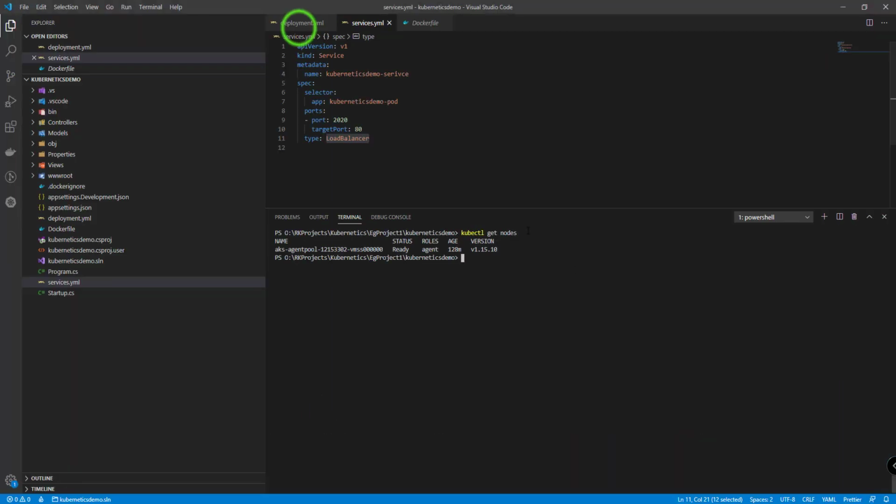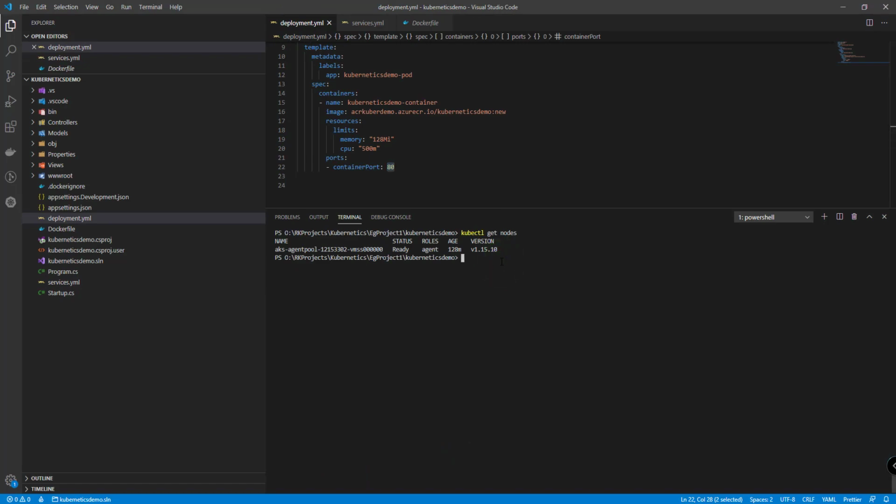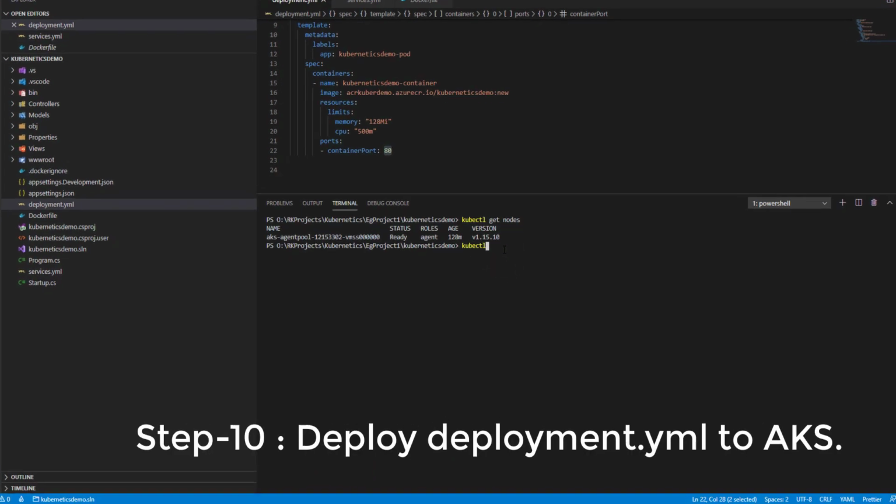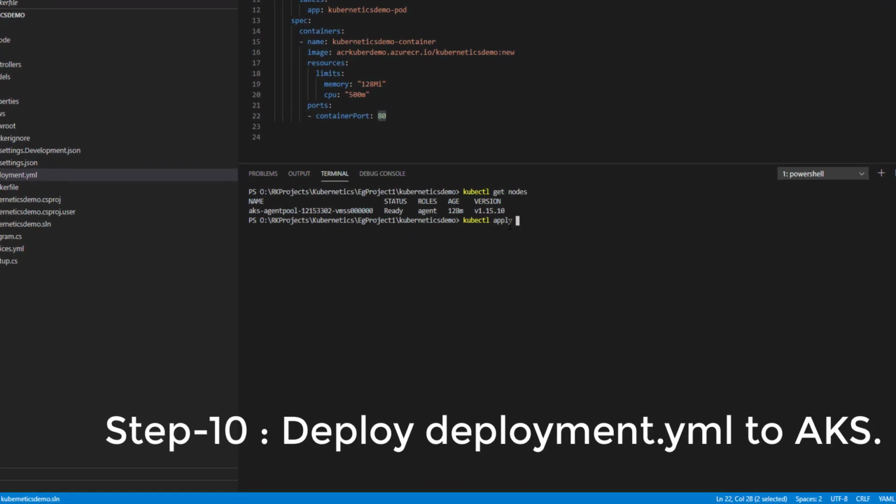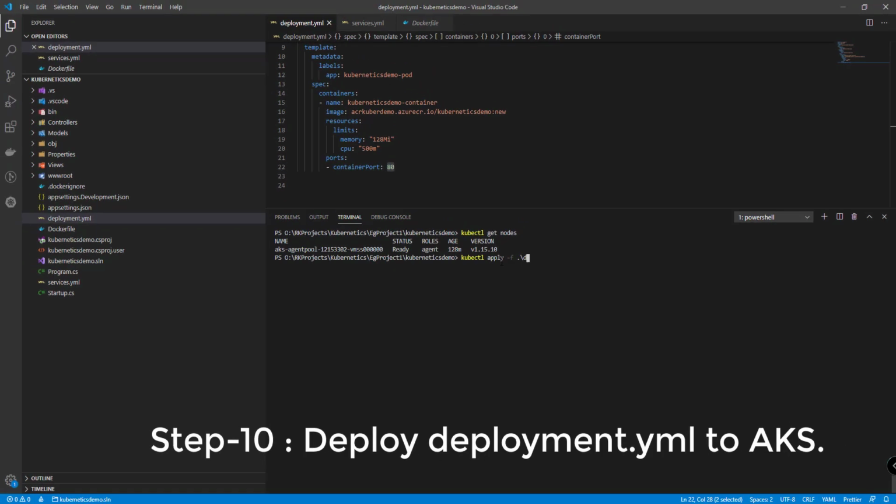Now let us deploy our deployment YAML to our Kubernetes cluster. To do that, kubectl apply -f deployment.yaml. So the deployment was created.